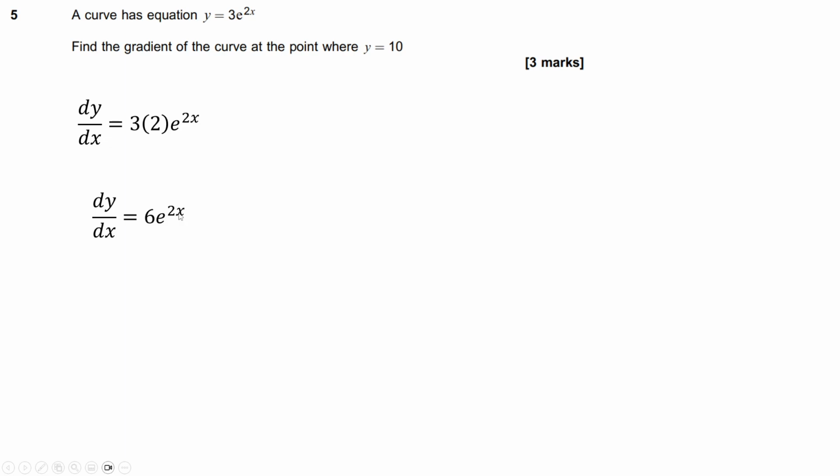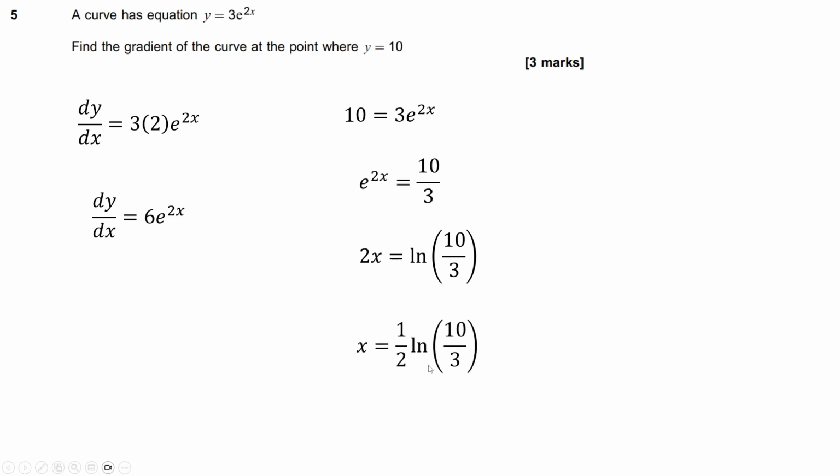We don't know what x equals, and that's what we need. So we'll just plug y equals 10 into this, because if we've got a y value, we can get an x value and vice versa. So we've got 10 equals 3e to the 2x. Divide by 3 on both sides, take ln on both sides, and then a half on both sides to get that for x. So just plug that in. You'll get this. The 2 and the half cancel, so you just get ln of 10 over 3. E and ln are inverse functions, so if you raise e to the power of ln, they just cancel, so this just becomes 6 times by 10 over 3,